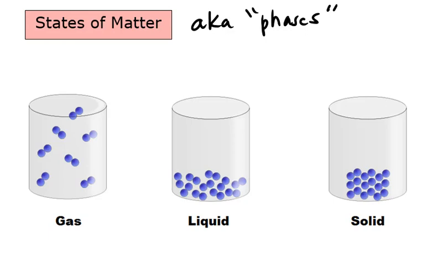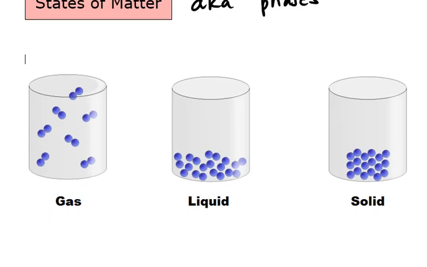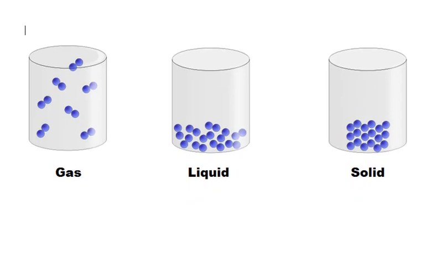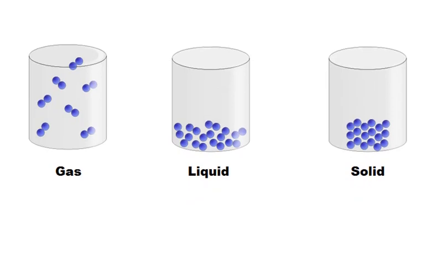All right, so there are three basic states of matter, and in a later lesson we will talk about a possible fourth state. But right now we're limiting ourselves to the three basic states: gas, liquid, and solid. Okay, so a gas is, in this case I'm showing a picture of a diatomic element, but it could be any element or any compound that is in the gas phase, and that has the characteristics that you see: individual